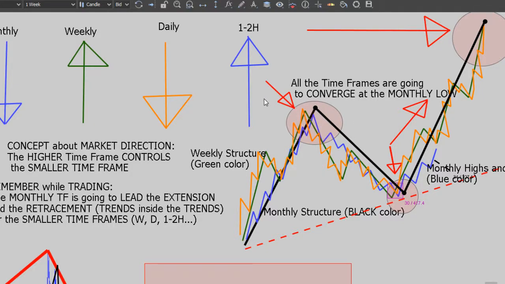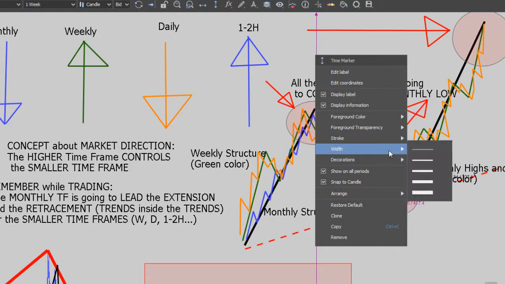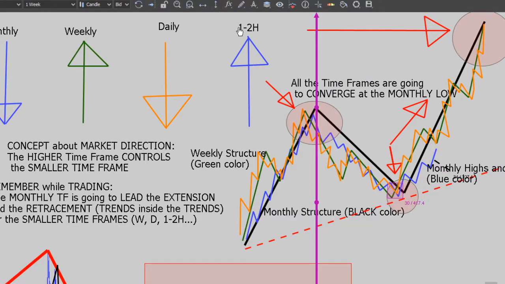Now, what is confusing in this? Should I only sell the market, or should I buy the market? Or if I'm in here, right? Let's crop this in pink and like this, and one more. If I'm in here, between the two lines, I have structure down from the monthly, but I have uptrends and downtrends from the daily.